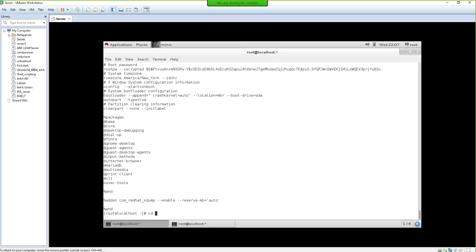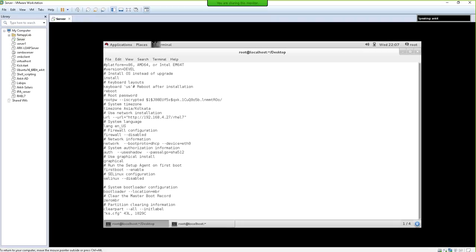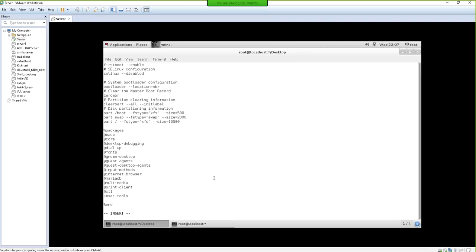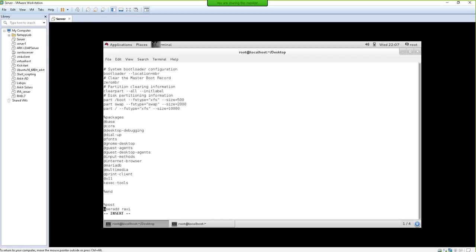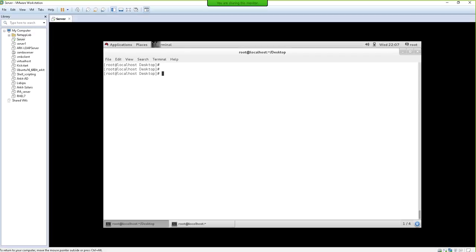Okay, and go to edit your ks.cfg file, and come down here and go before the partitions. Okay, and just paste the configuration you copied from there. Okay, so your packages will be installed here, right? And save it. Now what you can do here is copy this ks.cfg file and place it into your